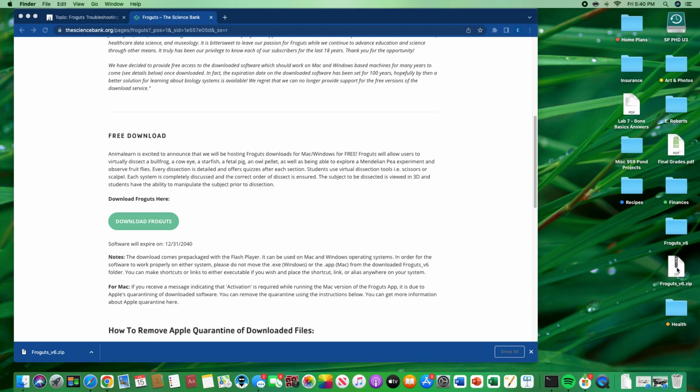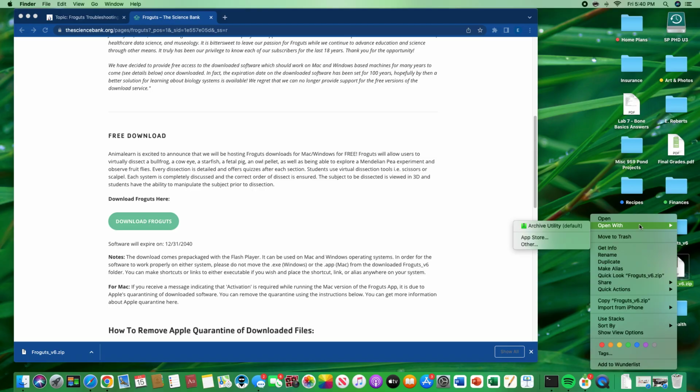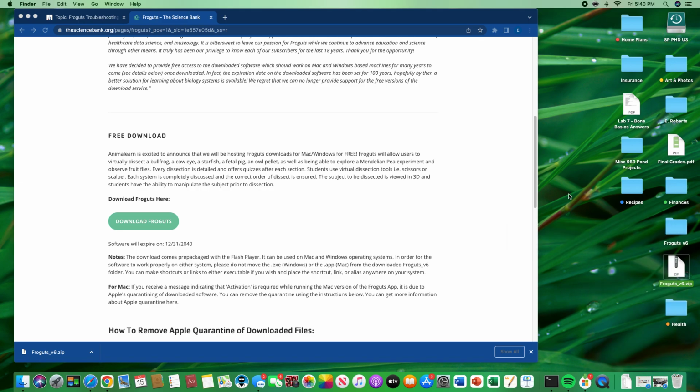And to do that, you'll right-click. You'll move up to the top where it says Open With and click on Archive Utility. This will then unzip the file, which will then place the program file on your desktop as a separate blue